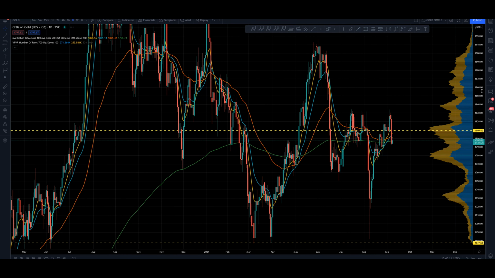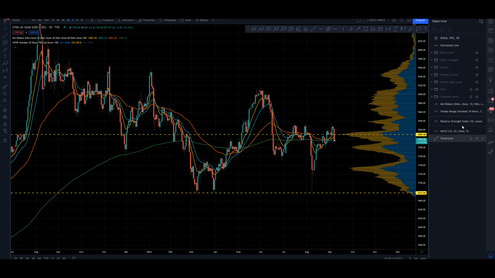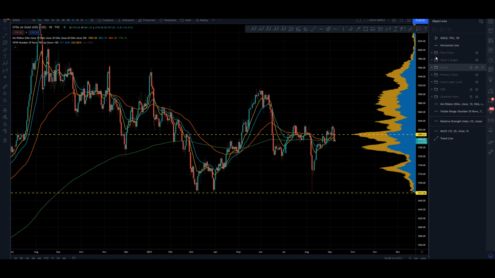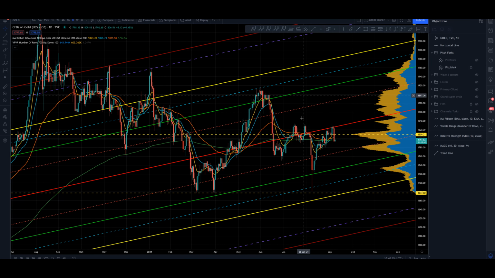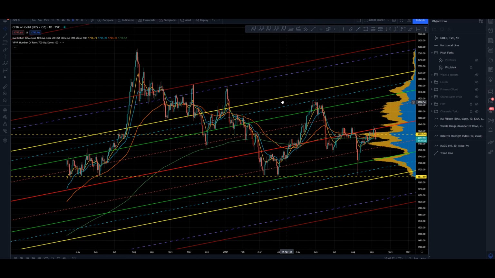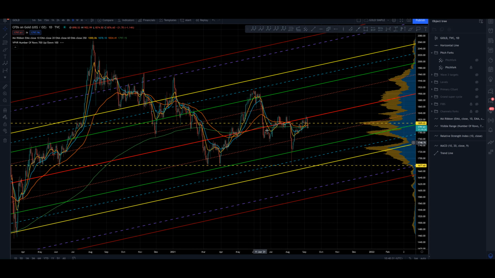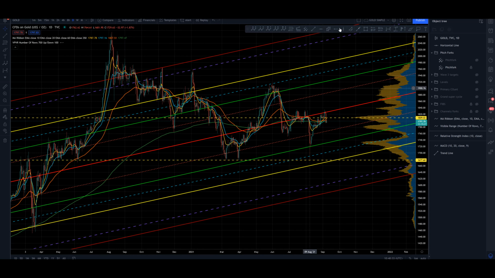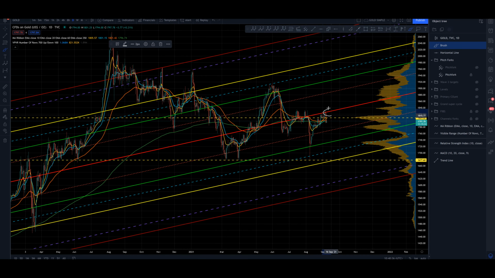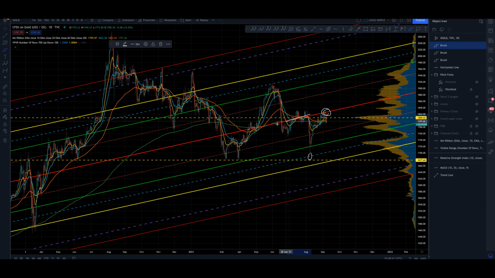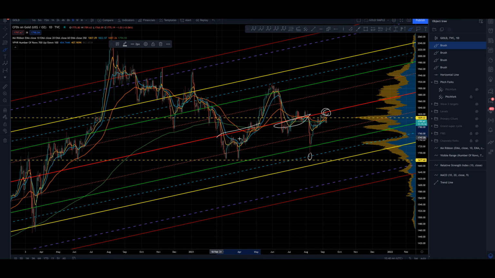One more thing I just want to check before I go. I just want to throw up the longer term pitchfork and see where we are sitting inside of that. So this is taken off of the primary wave 2-1 pivot, going all the way back to the 2016 low onwards. So you can see here that we're still trading around this median line. We are testing it currently again. Let's move up to the median line from the 50 here. We've hung around it here before. We've hung around it here before. So it is proving to be resistance. We had that touch on the 38 too.